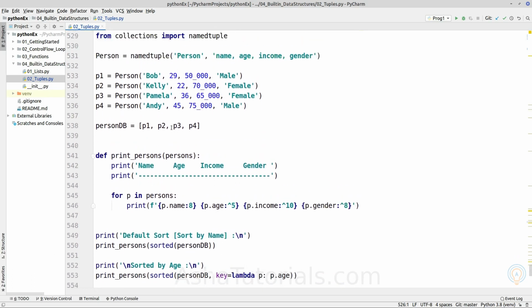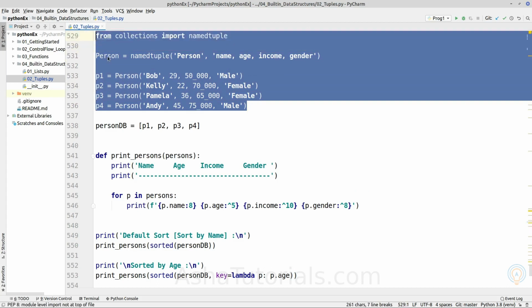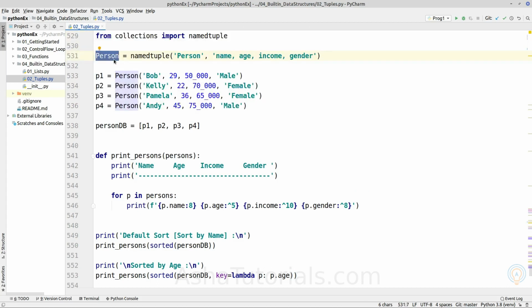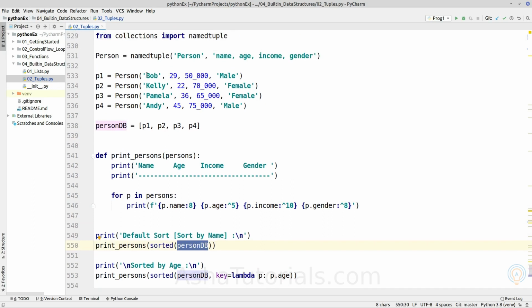Here we have constructed four objects of a person class, which is a named tuple class. If we iterate over it, we can access their values using their field names. If we write a sorted function, by default it will compare each element from the first element until it finds a different element.